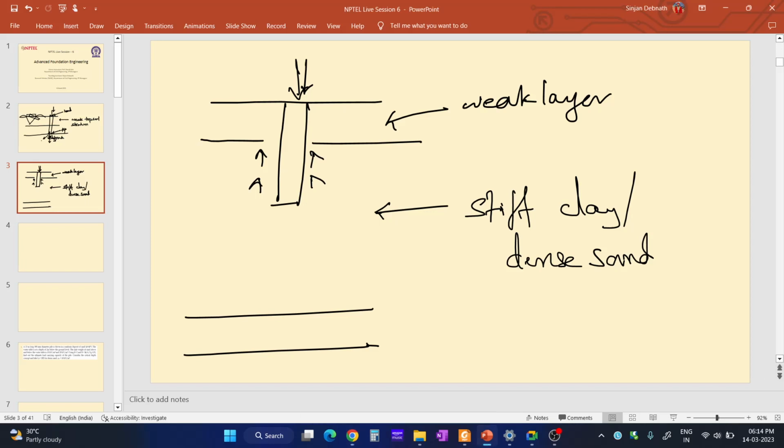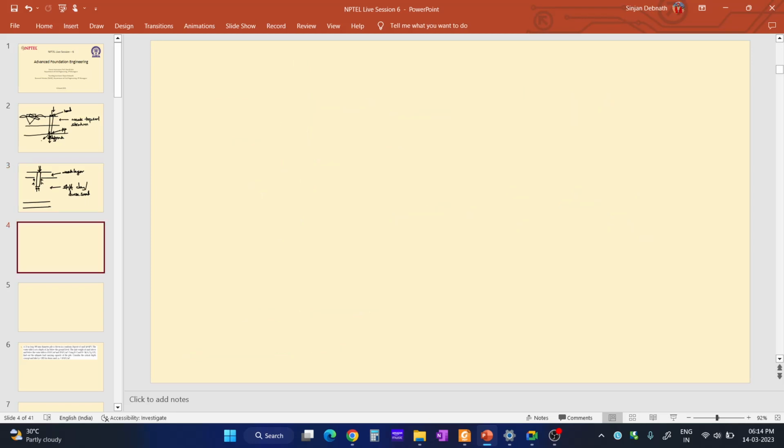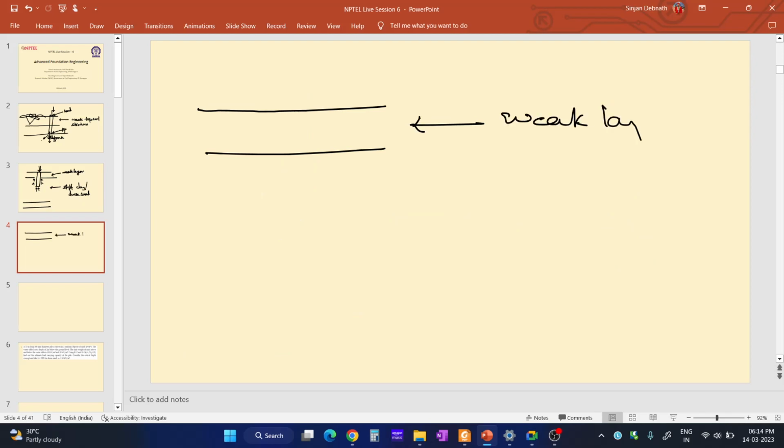But these are totally ideal cases. Generally what happens is that combined action takes place. Here this is a hard stratum, and this hard stratum will also provide end bearing. Actually, like this. Suppose this is your weak layer,